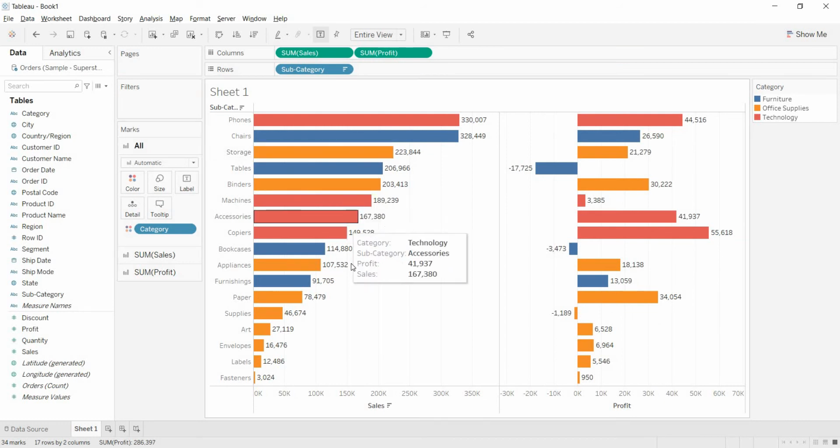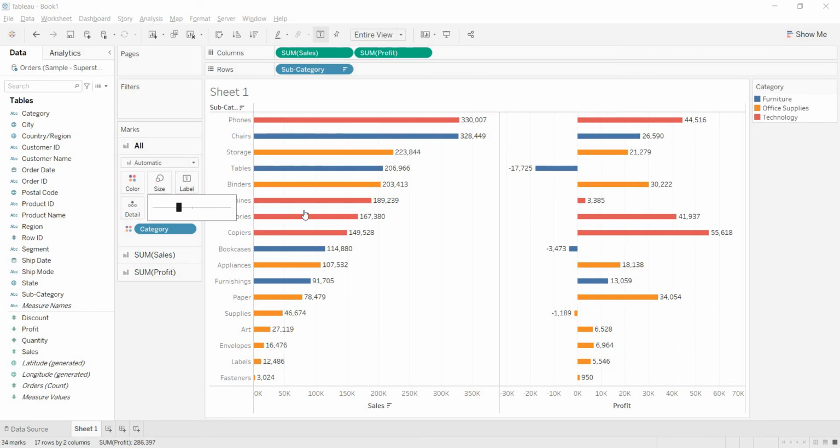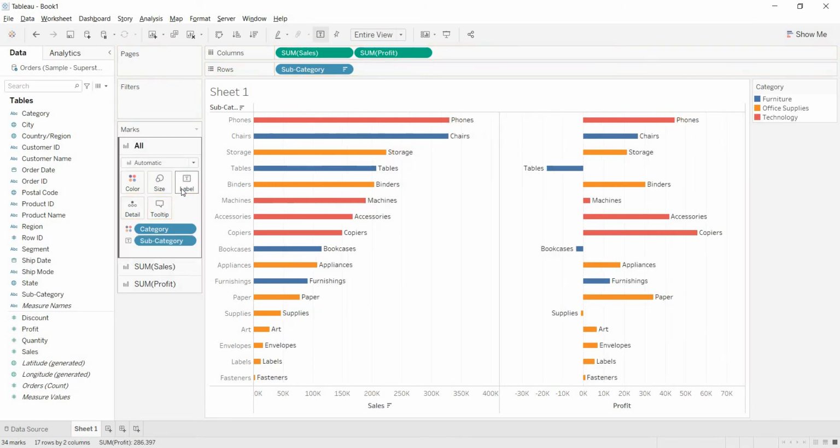See, now both got the coloring. Now I am decreasing the size. See, the width of the bars is decreasing in both the cases. Now even for the label, I am bringing subcategory to the label. See, both the labels are replaced with the subcategory name.